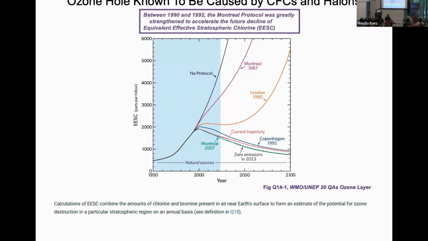But it's easy to say we should ratchet it down, but the world's using these gases, and we have to replace the gases with something else. And as I'll get to in a moment, CFCs were replaced with HCFCs, not as damaging to the ozone layer. Eventually HCFCs were replaced with HFCs, which do no damage to the ozone layer, but do something else really bad, which I'll talk about. But anyway, this was all in. So a big time here between 90 and 92, we really figured out how to do this right.